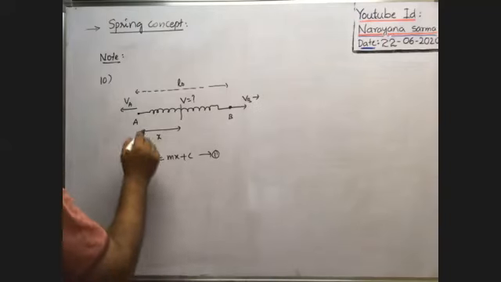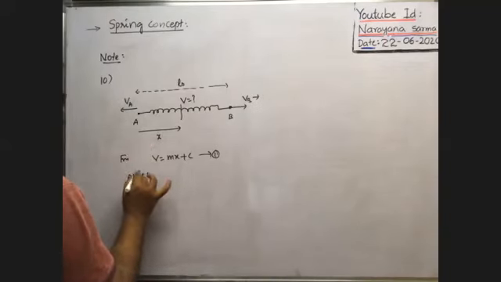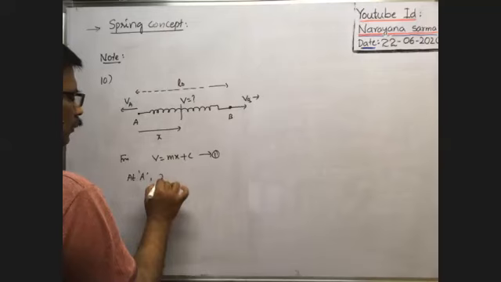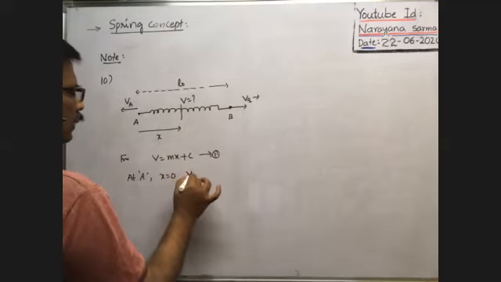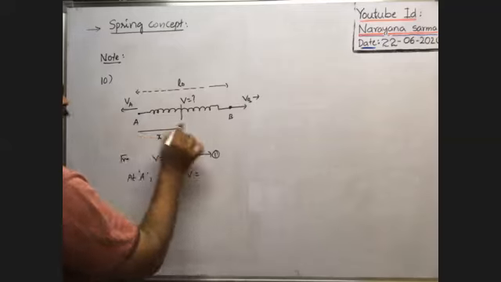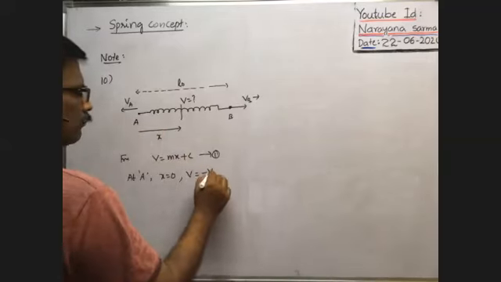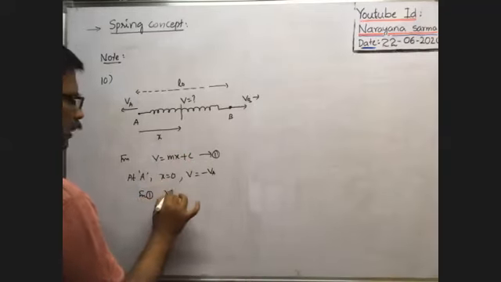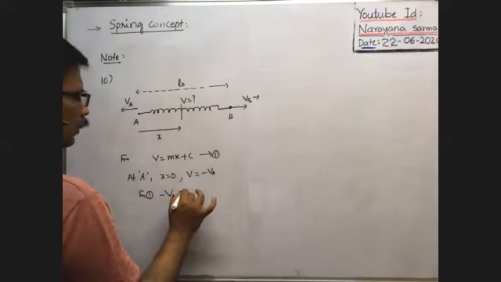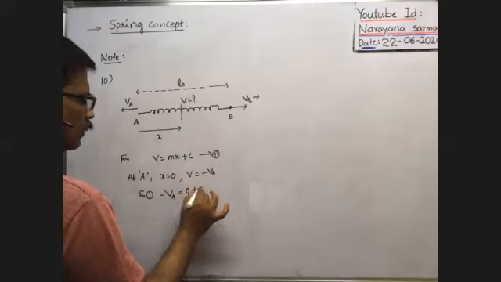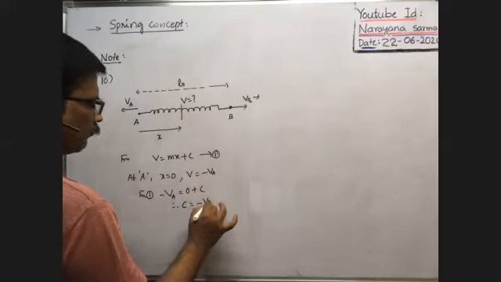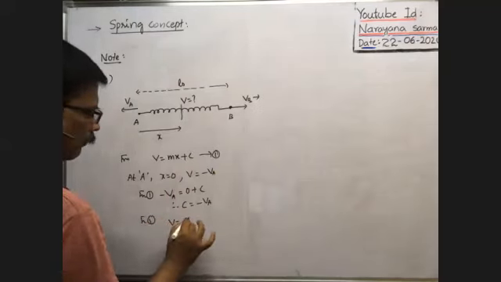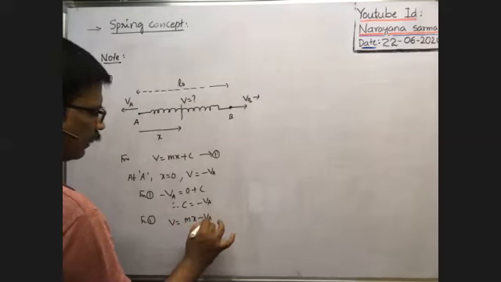First of all, the distance of the point is considered from A only, with respect to A only. That's why x is equal to 0. And whatever the velocity at A, the distance is considered in this direction, whereas the velocity is in the opposite direction. That's why you write minus VA. Then you substitute the data here from 1. V means minus VA is equal to m into 0 plus c. Therefore, c is equal to minus VA. From 1, v is equal to mx plus c, which means minus VA we got. This is equation 2.